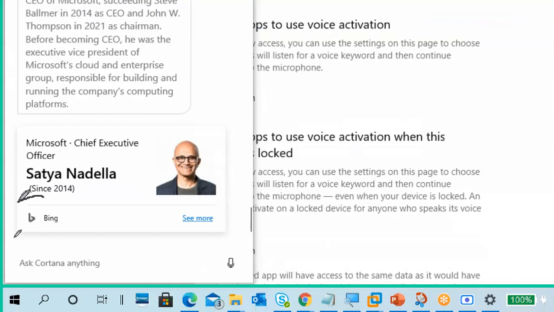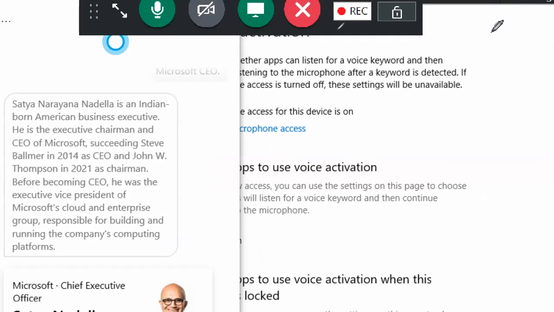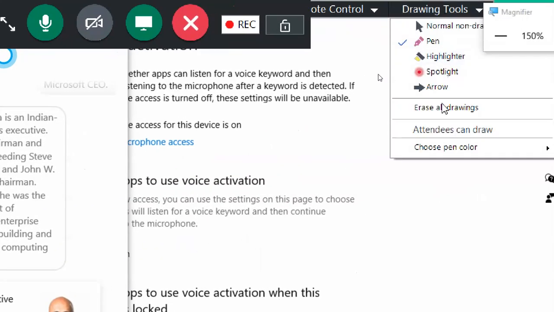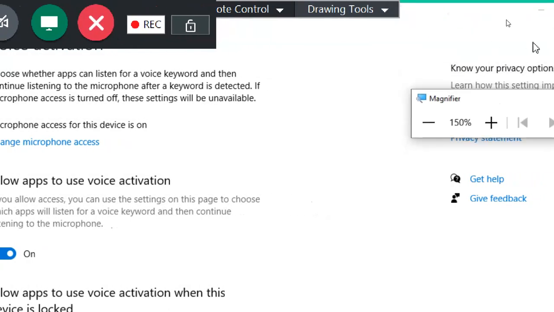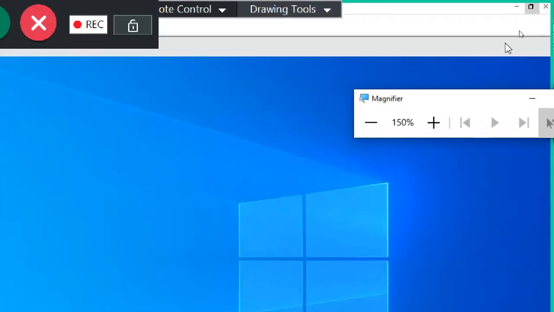Guys, what is this Bing? Another search engine like Google. Yes, a search engine from Microsoft. Very good.